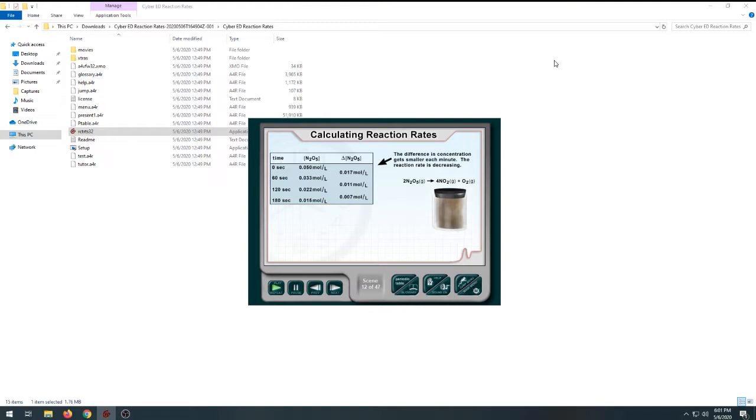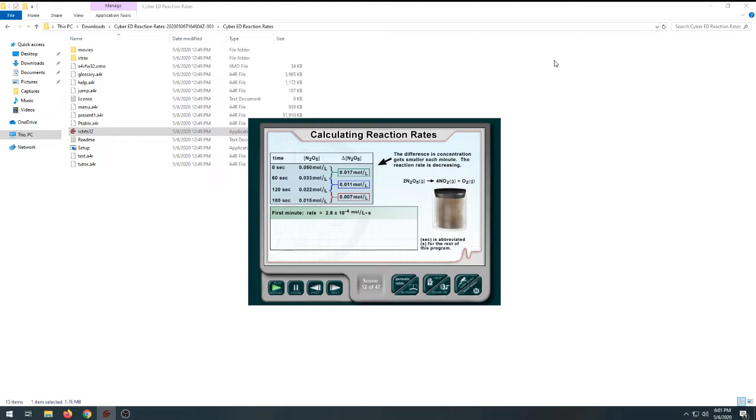For example, in the first minute, 0.017 moles of dinitrogen pentoxide decompose. In the second minute, 0.011 moles decompose. And in the third minute, only 0.007 moles decompose. From the last scene, you know that the rate at which dinitrogen pentoxide decomposes over the first